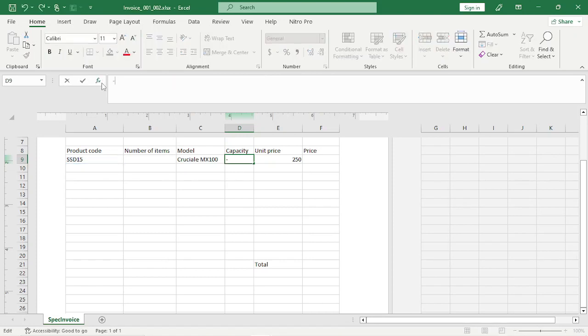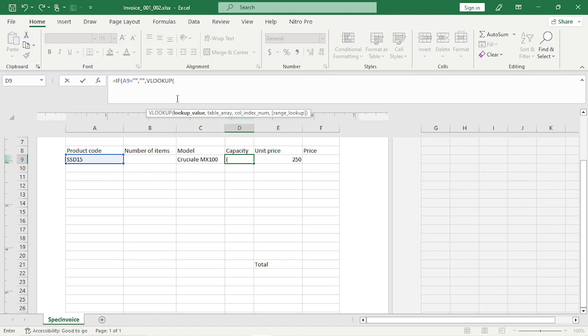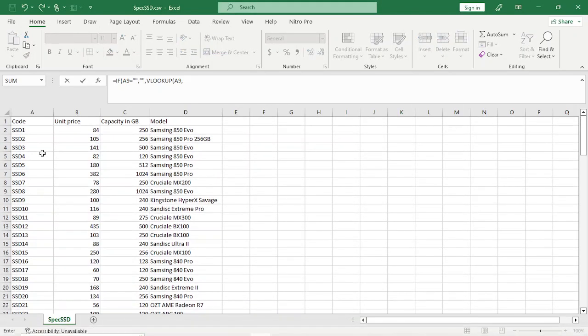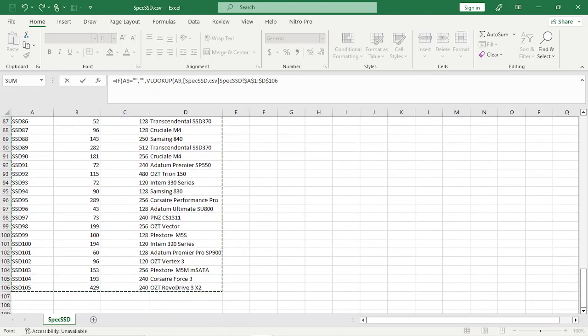If equal to, if, yes, my logical test is this is equal to an empty cell. I want to display an empty cell, comma, if there is something in it, I want it to do a VLOOKUP, and in that VLOOKUP that's referencing A9, comma, the table array. I'll just come here to select your table array all the way down. Good. Once you are here,